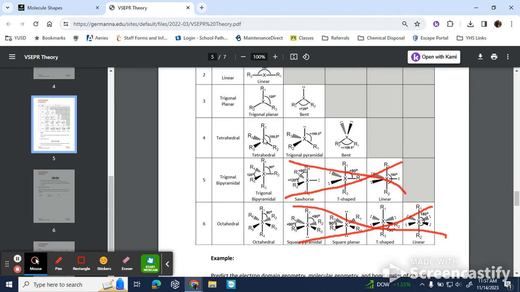All right. So anyways, I hope this helps. Do what you're doing with your covalent bond worksheets, and you're just identifying